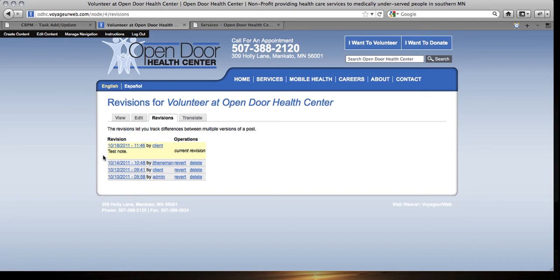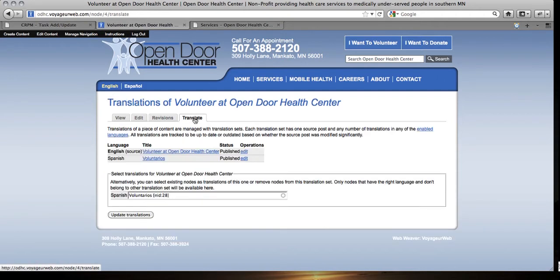And there's a place when you're editing the page where you can put notes. This is a note that I put in on the last revision, and this is just to show you where those notes go. So if you have multiple people that are working on a page, you can leave notes for each other about why you made the last change to the page, and it'll appear right here in this revisions area. And then Translate is where you can enter translations to the pages so that when a person flips from